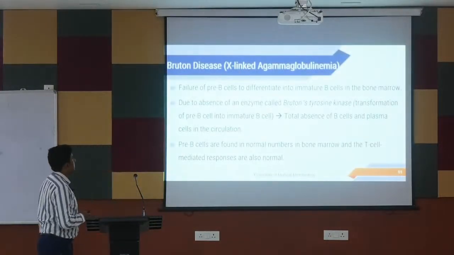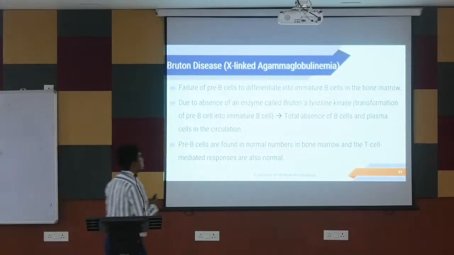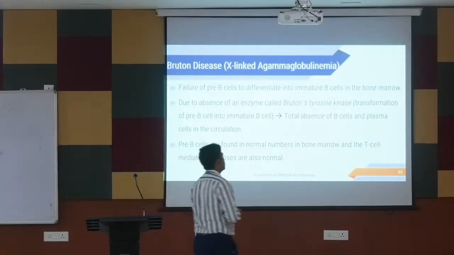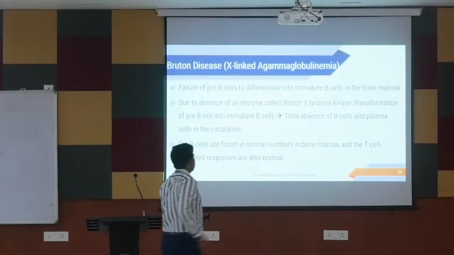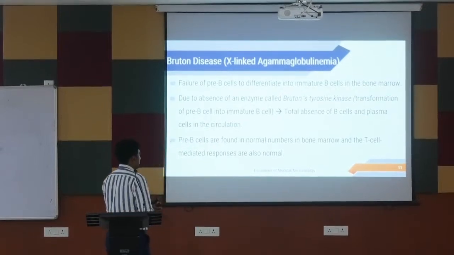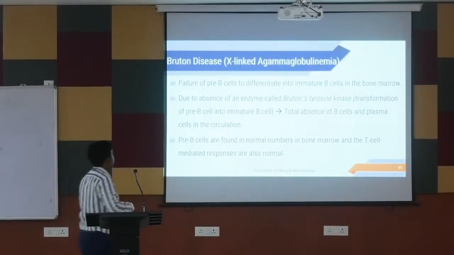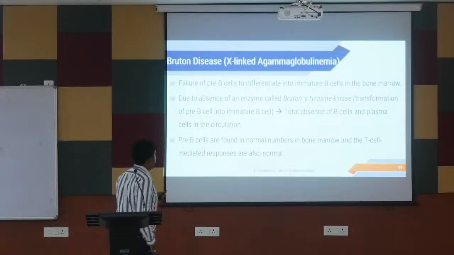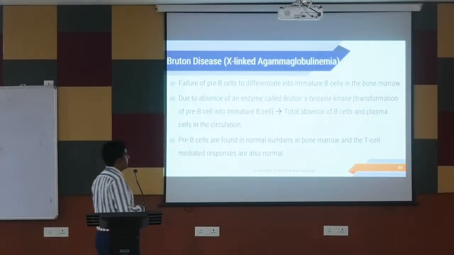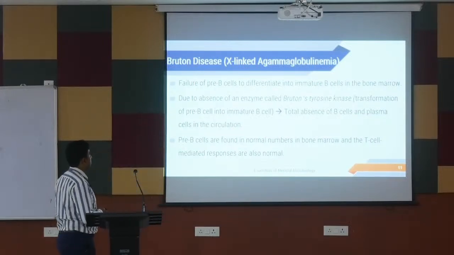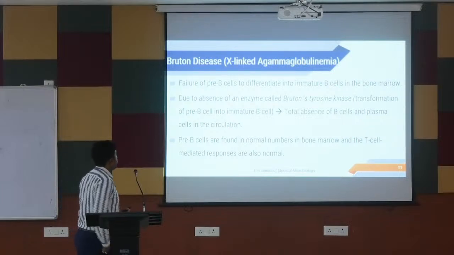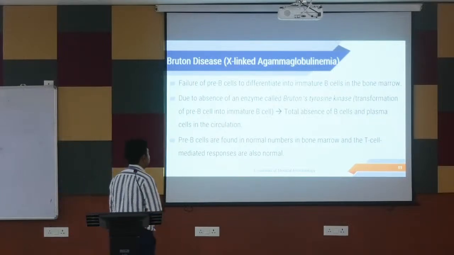What is Bruton's disease? The failure of the pre-B cells to differentiate into immature B cells in the bone marrow due to the absence of an enzyme called Bruton's tyrosine kinase. Transformation of the pre-B cell into the immature B cells is blocked, so there is total absence of B cells and plasma cells in the circulation. The pre-B cells are found in normal numbers in the bone marrow and the T cell mediated responses